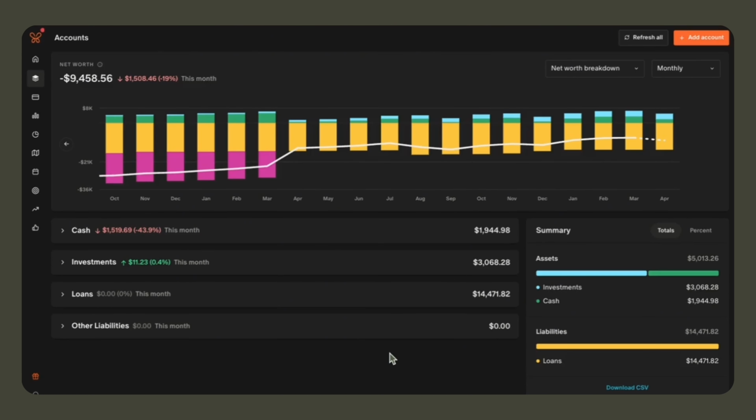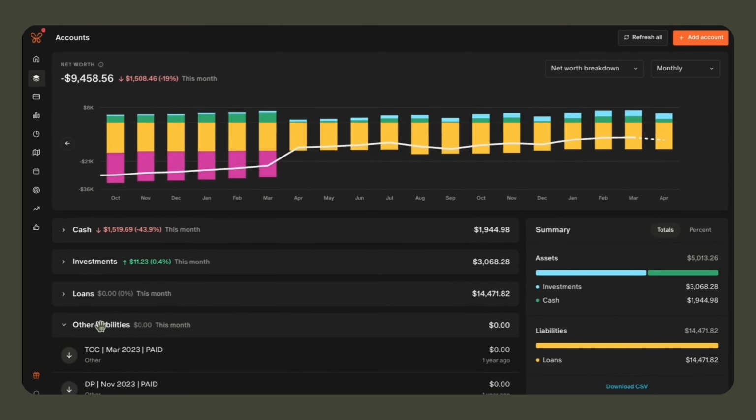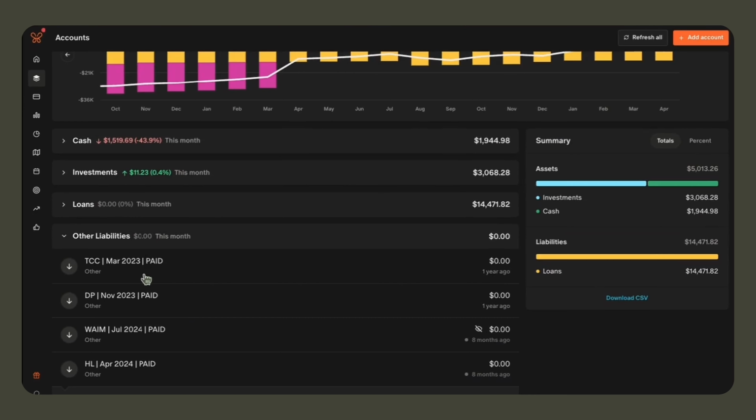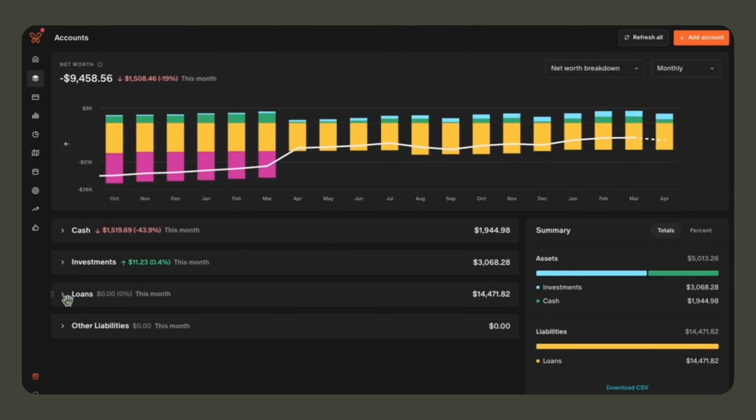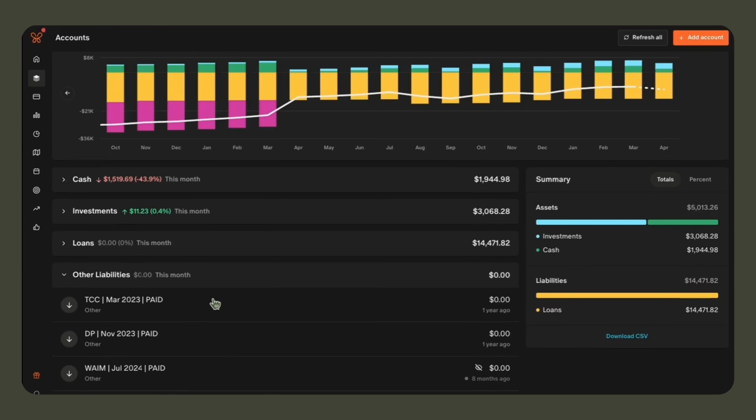So while we're here on the accounts page, I do have a couple of housekeeping tasks that I want to do. The first thing is I want to group all of my debts into one category. It's just bothering me having this other section that says other liabilities, and I want to put everything in one group. So I'm going to expand one of these accounts,